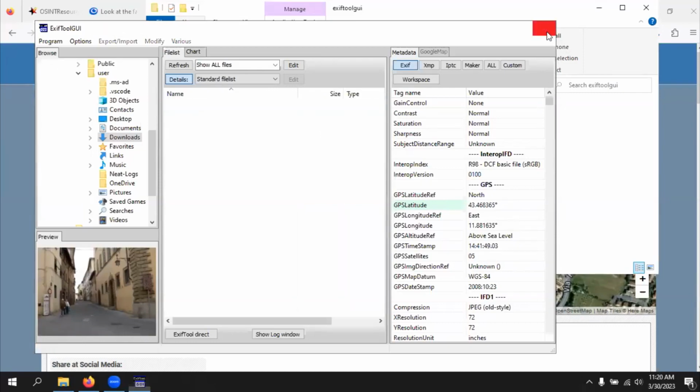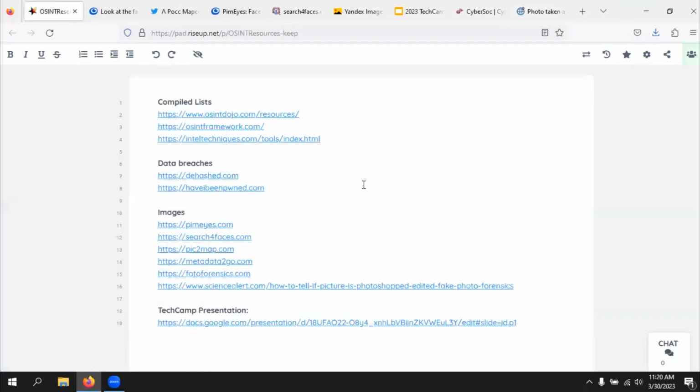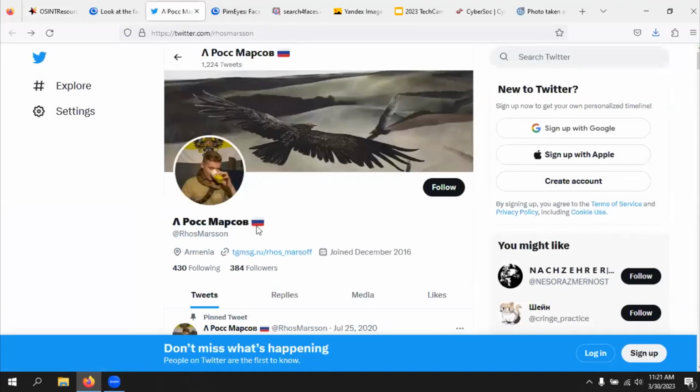So that's just images. Of course, there's a lot of other data points that you can hop from one piece of information to the other. There's, of course, social media. I mentioned Twitter here, but there's Facebook, there's TikTok, there's Telegram. There's all sorts of social media platforms out there, and what you can do is to try to find